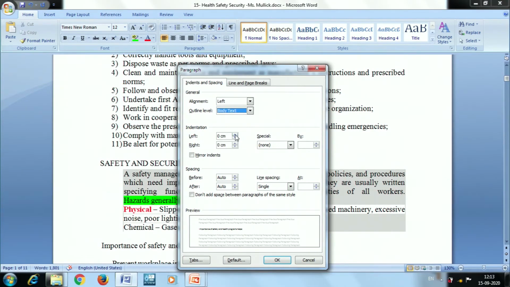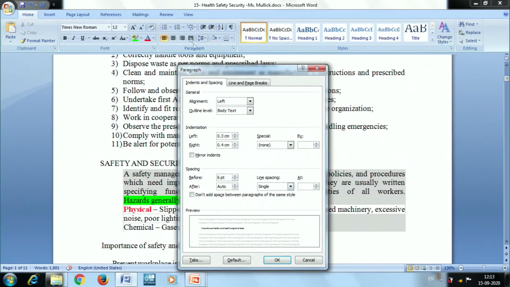And if we want to give indentation for the left and right margins, I can change it. Here it is 0. If I want to increase, or give the right indentation also, I can. And this is about the spacing before the paragraph and after the paragraph. By default, if you select auto, whatever space has been set automatically will be given. If you want to change it, you can do it by clicking the up arrow or down arrow. So if I want to change it from 6 point, I can do it.